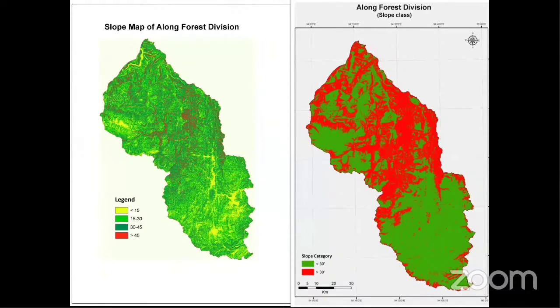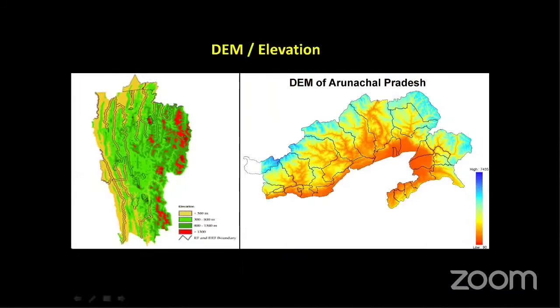So the slope above 30 degrees can also be generated once you have the digital data with you. This slope map you can generate from the DEM. Then this is one example of Arunachal Pradesh, Meghalaya, Mizoram also,